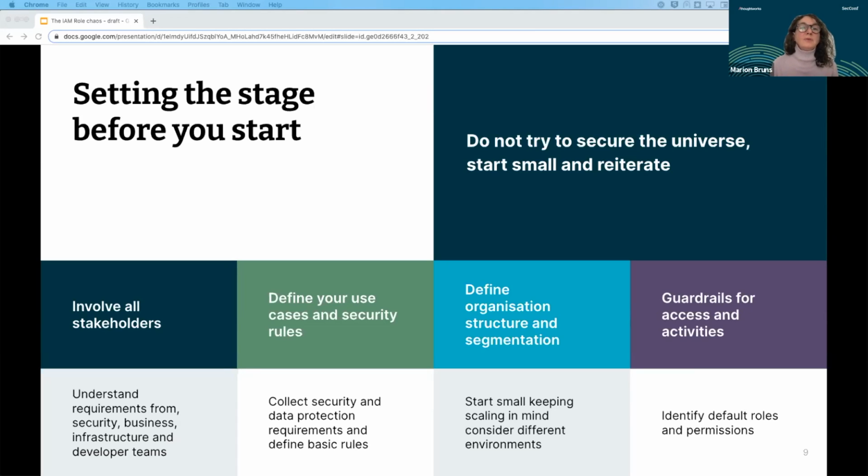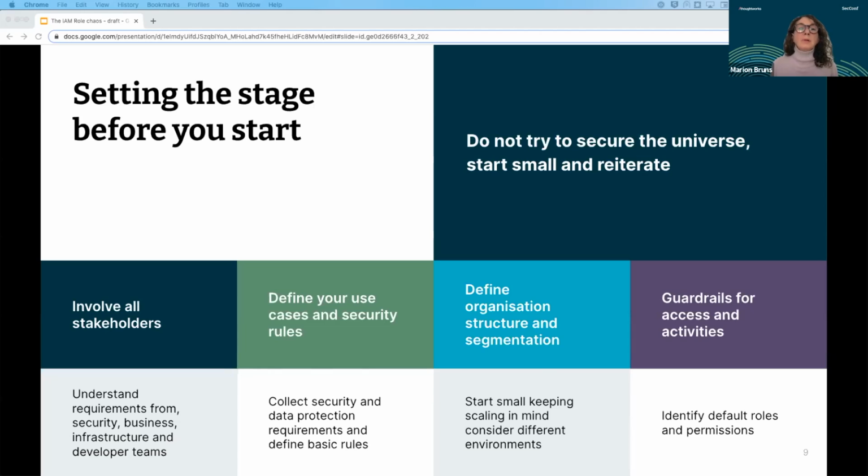Before you really start, you need to understand, okay, what do I want to secure and what are the policies I have to follow? So that's why it's really important to involve all stakeholders, understand their requirements, and for instance, when it comes to data protection.